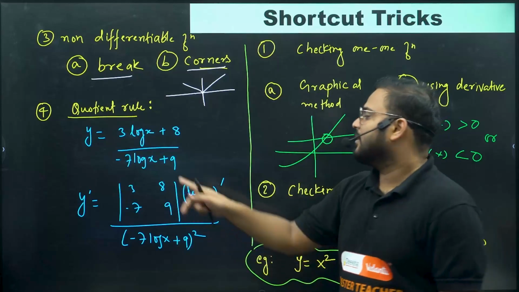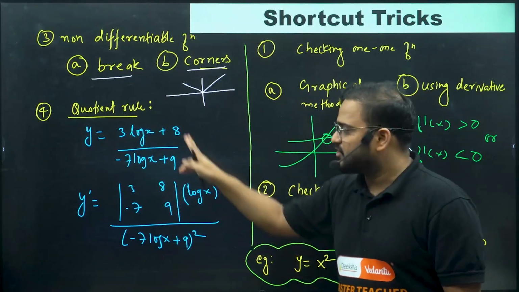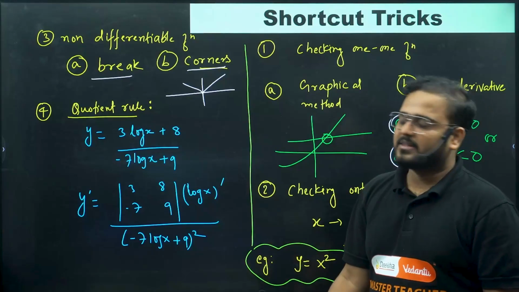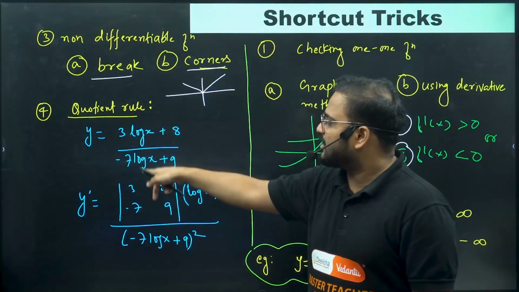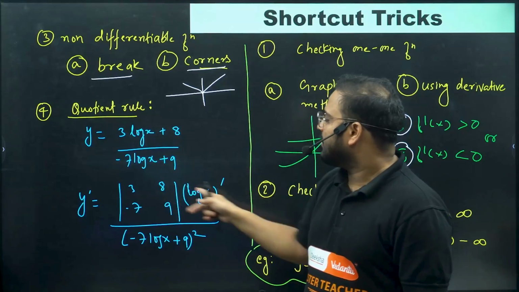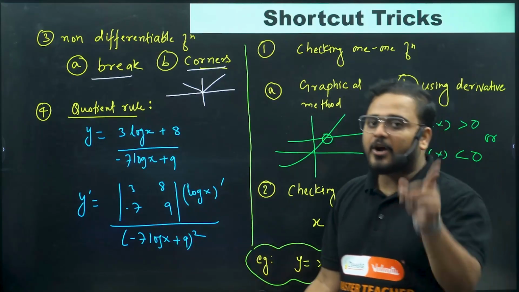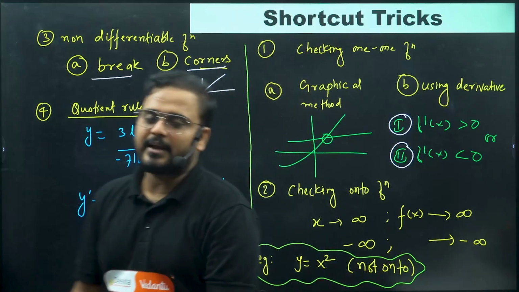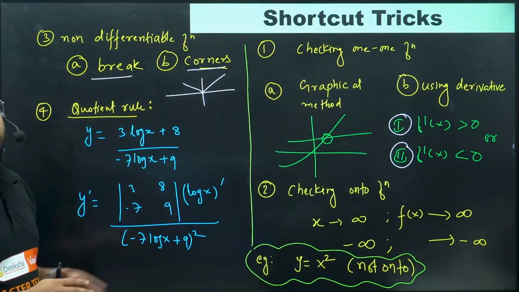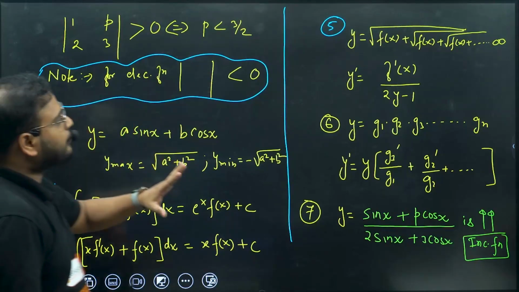I'll repeat myself. The coefficients that we have, the determinant times the derivative of the function, log x over here, which is given in this case, it can be any function, okay? But it has to be the same function. Whatever function is over here, the same should come over here, okay? So same function, derivative on this side multiplied with the determinant, divided by what? Square of the denominator. Please remember this. Have this notes with you and revise all of this. Highly, highly important.